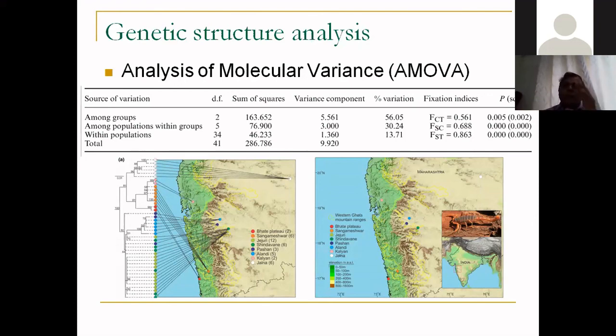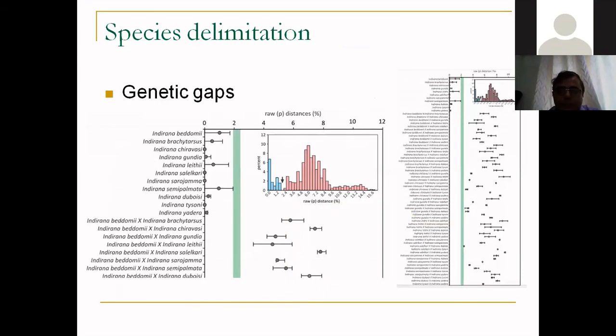So again, what you do is, for each group, you look at how much variation is there within a group and how much variation is there between the groups. If between-group variation is larger and within-group variation is very, very small, then obviously those groups are significantly different from each other. Let us suppose this is one group, which has a large variation, and this is a second group which also has a large variation. Then these two groups are overlapping, in which case you don't say that they are significantly different from each other. So this way you can find out whether groups are different from each other or not, and use it for your taxonomic hypothesis testing.